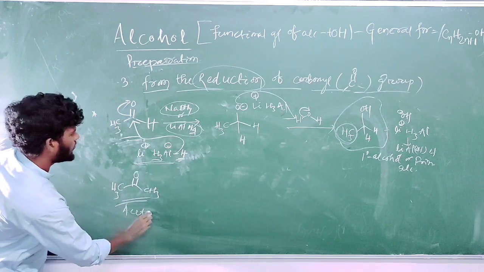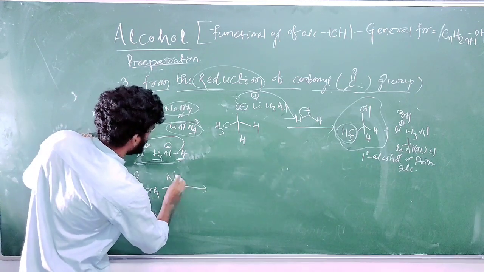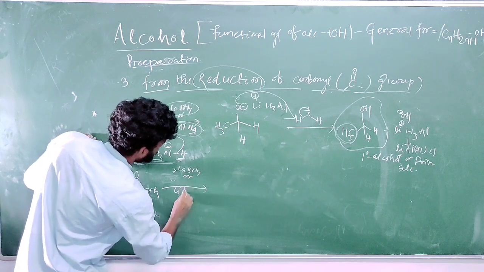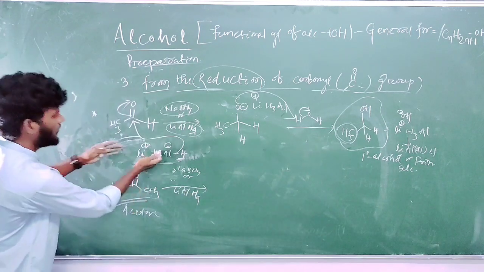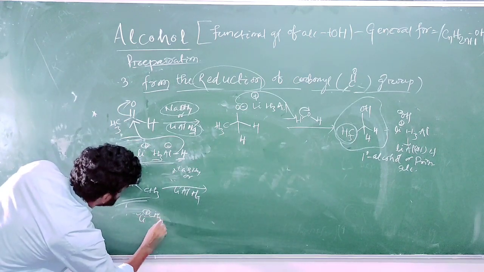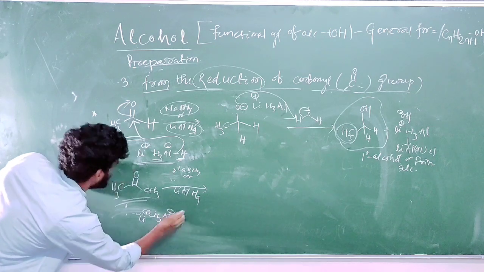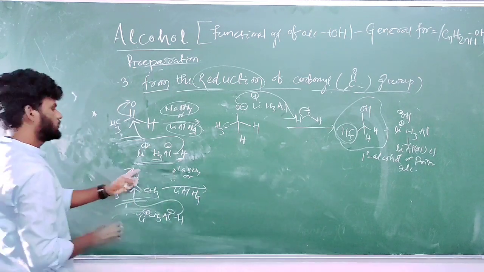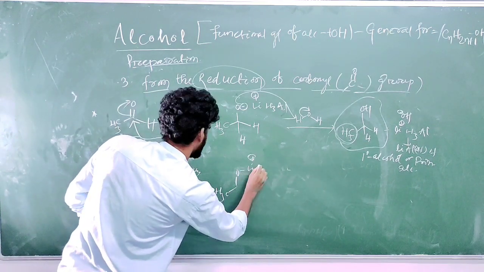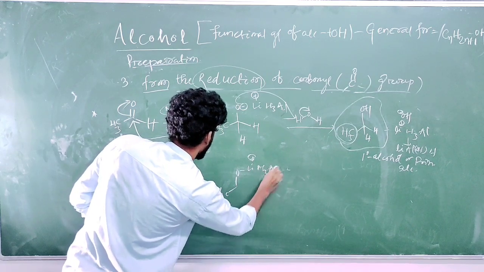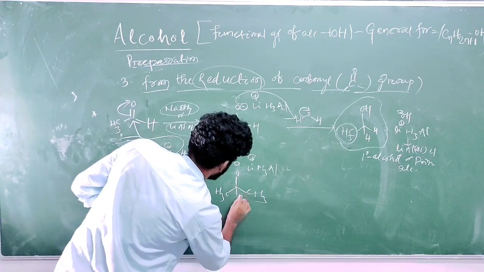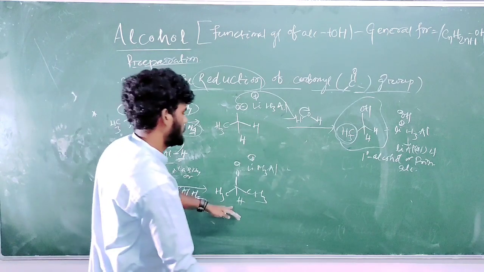So to this acetone, in a similar way, if you give sodium borohydride or lithium aluminum hydride, again it is similar to the previous reaction. Lithium plus H3Al minus, hydride attacks the carbonyl, this bond moves over to oxygen, giving CH3 O minus lithium plus H3Al negative. So here is CH3, here the hydride ion attacked, nucleophilic.